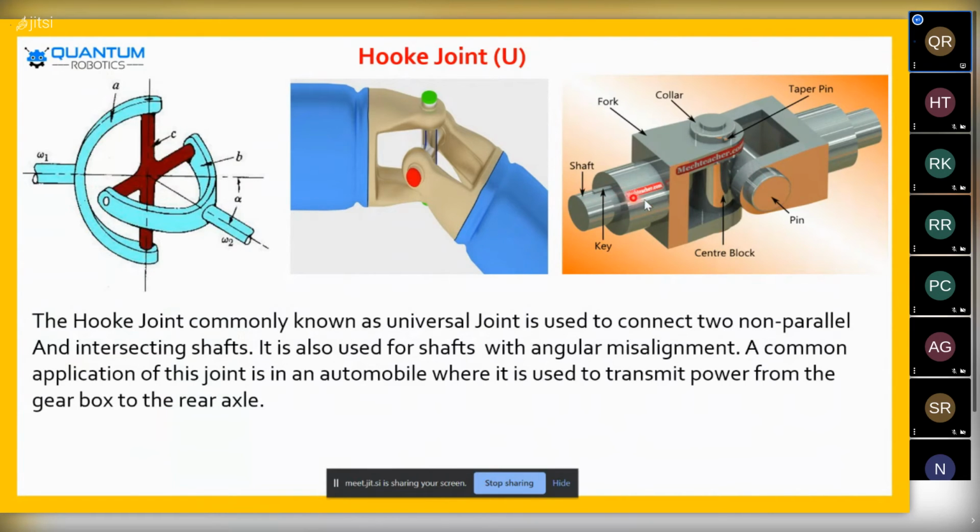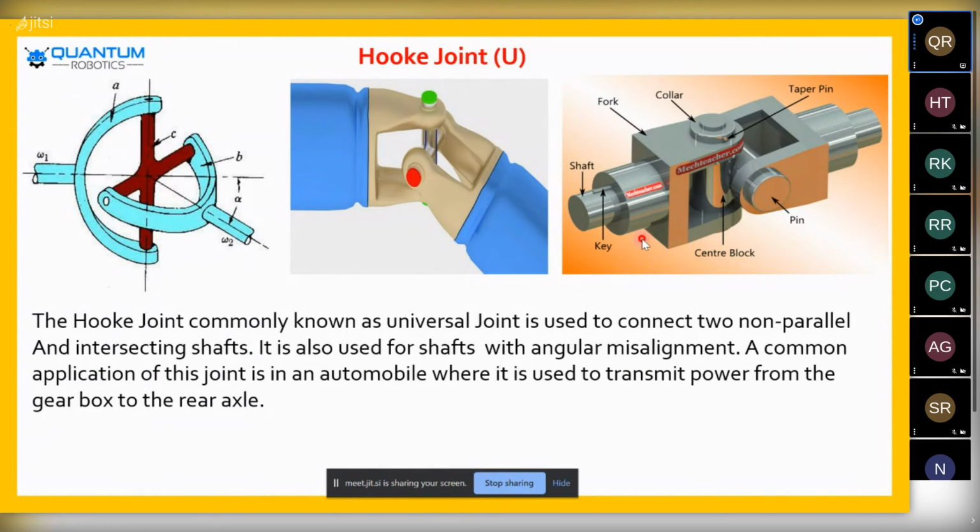How does this work? There is a centralized part which stabilizes the object. It is called a shaft. Then the key is interconnected between the shafts, and the key has certain bearings or angular rotational motions, which make that object rotate in a particular angular direction. Then the fork. The fork is the basic structure that interconnects one axis to another axis to represent the joint.